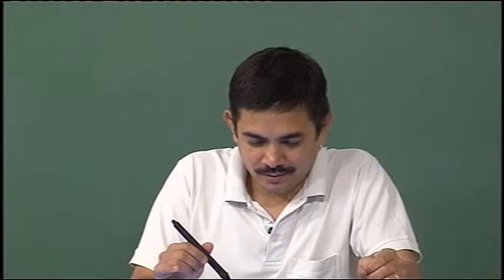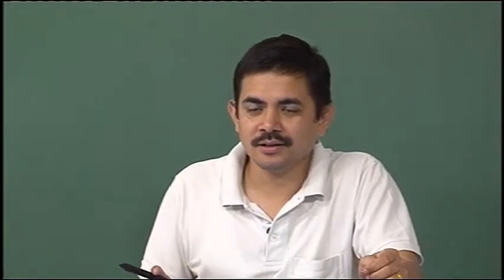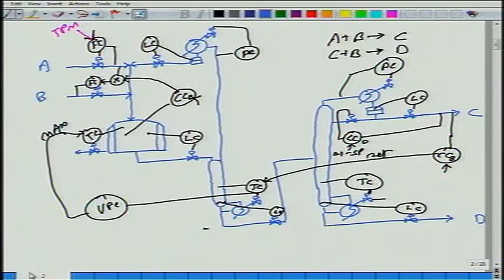Okay. I think I am going to close this chapter now, at least this process, unless there are some lingering doubts. Maybe now we can look at another process. We will look at it today and tomorrow, and then I think I will have done enough flow sheeting and devising control systems for processes. Okay.